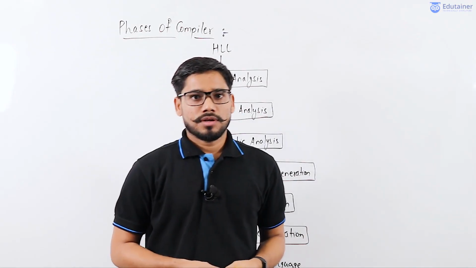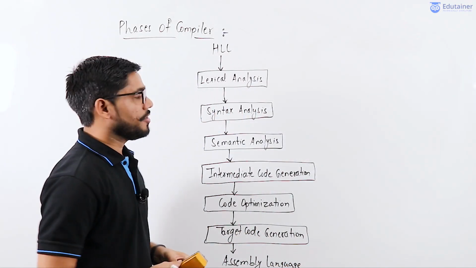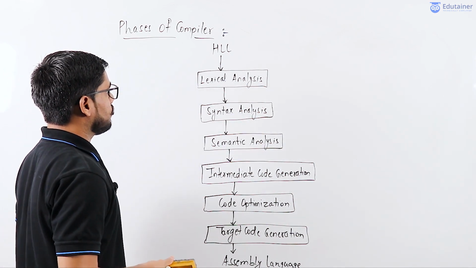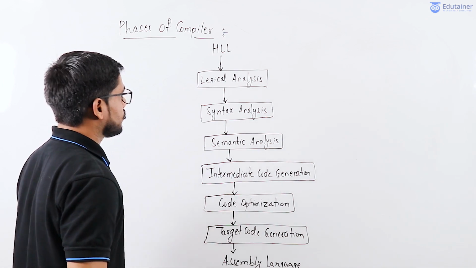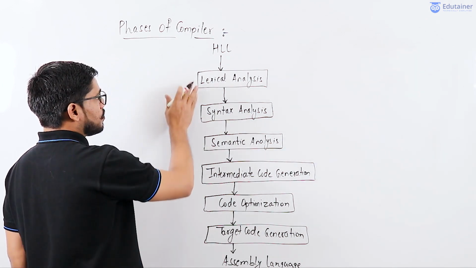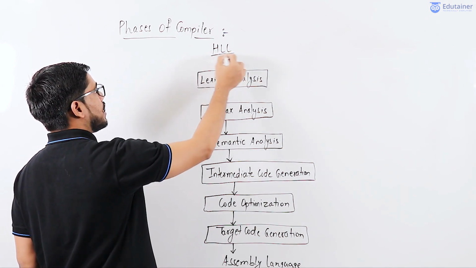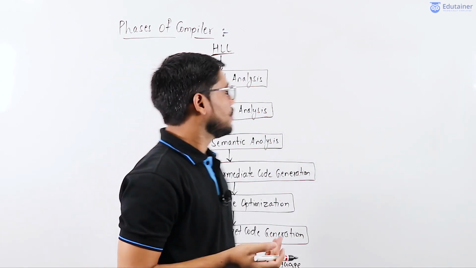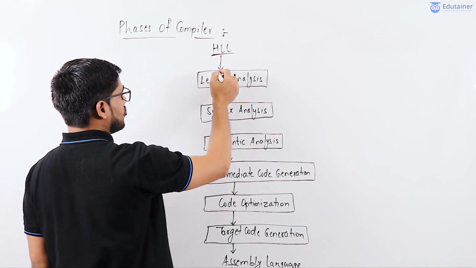Hello everyone. Now let's understand the different phases of compiler. So compiler will have 7 different phases. What are these phases? First, the high level language which the programmer has written is basically passed through the lexical